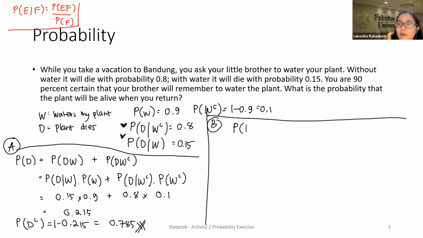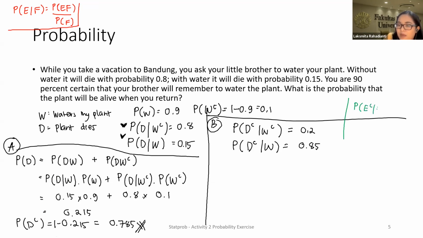The probability that my plant is alive given that it is not watered is 0.2. And the probability that my plant is alive given it was watered is 0.85. So I'm going to take a note right here on what you did in this section. What you did is